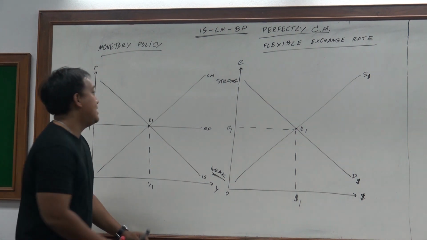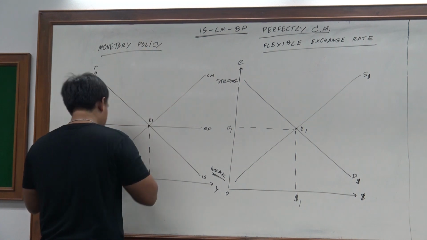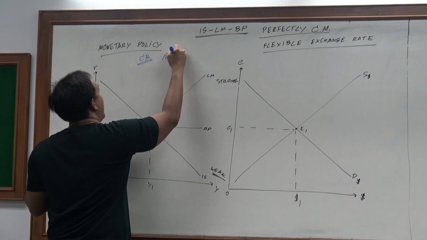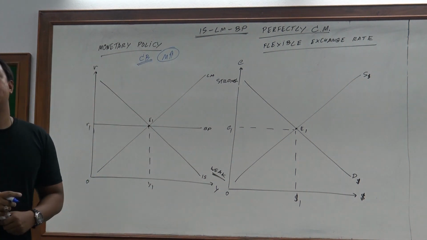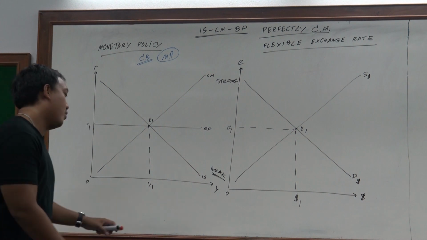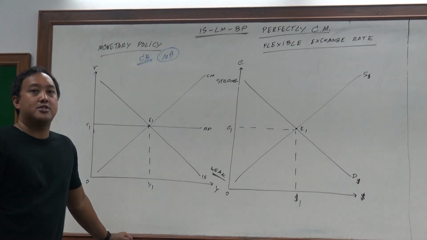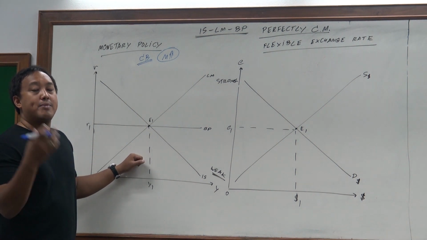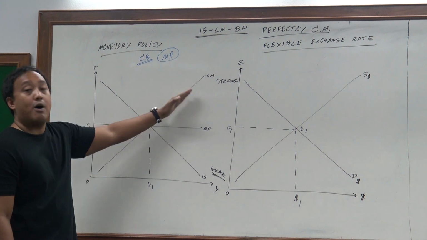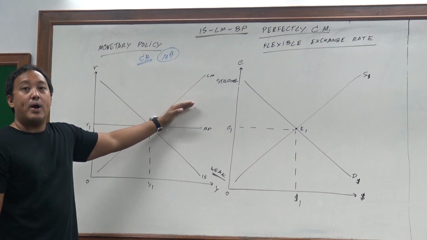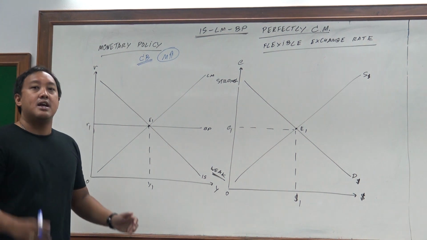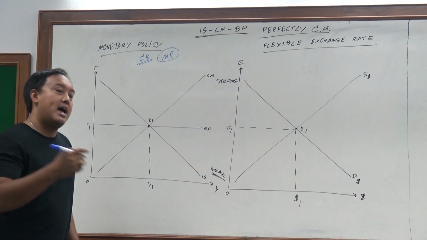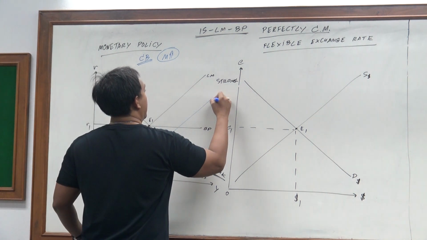Monetary policy is how the central bank is going to inject more money, increasing M in the economy, creating more money. As you learned before, if the central bank injects more money, we're going to have effects on the LM curve. When the economy is bad, when you have a crisis, the central bank can stimulate the economy by injecting more money. Then the LM curve is going to shift to the right,